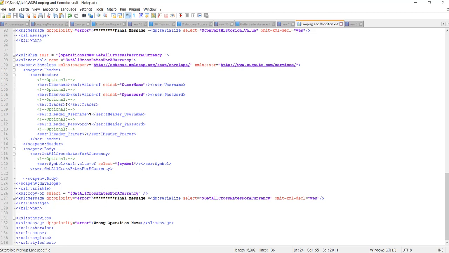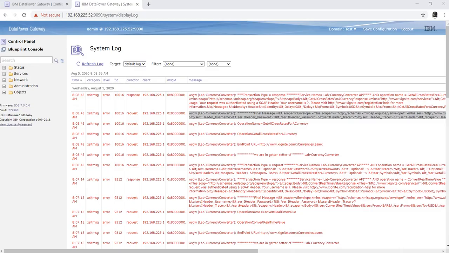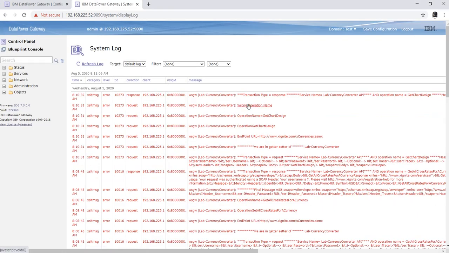So what happened is it will come to the otherwise. Let's see what we get in our system logs. Here we found the wrong operation name, and we didn't get any response from the backend system, because you can see the response is blank here.